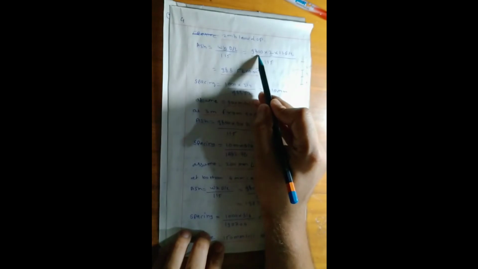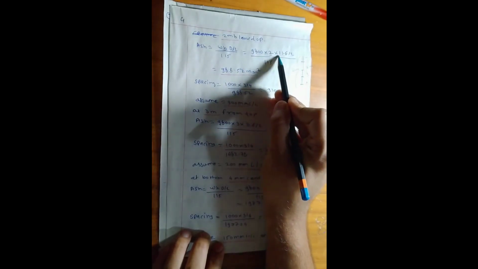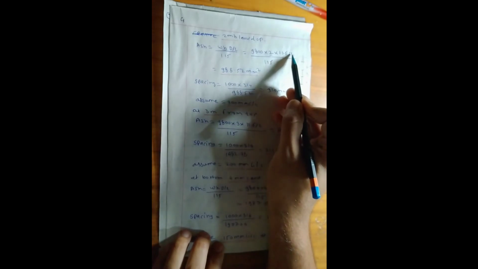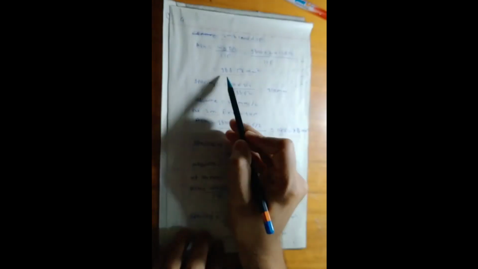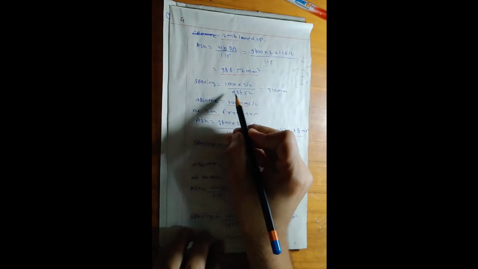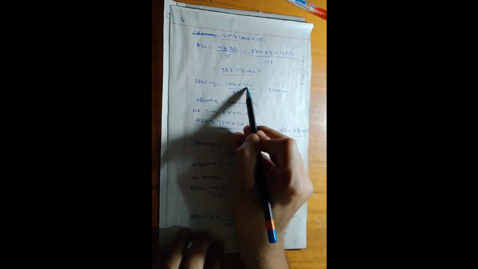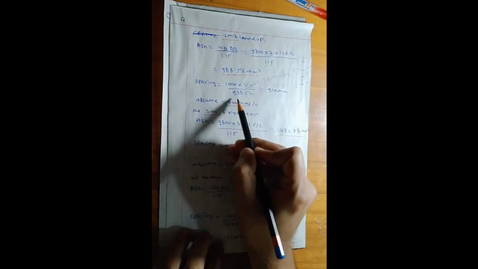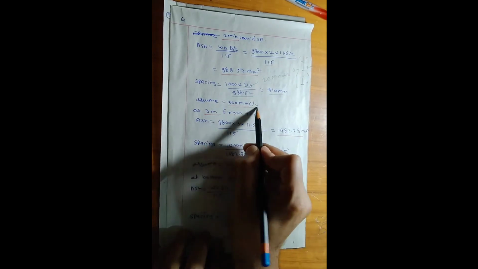So 9800 into 2 is the height from the top, 11.6 divided by 2 is the depth, and sigma CT is equal to sigma S, which is the permissible stress of the steel. This is 988.52 mm square. This is AST. Now the spacing for this is 1000 into 314, for 20 mm dia AST, divided by area, and the spacing gives 310. Let us assume 300 mm.